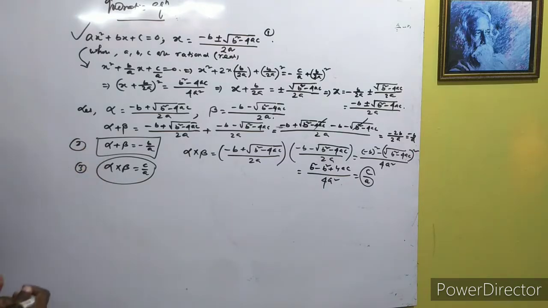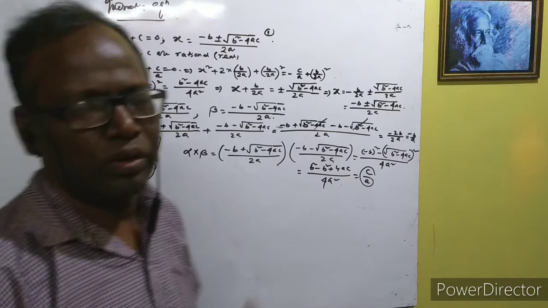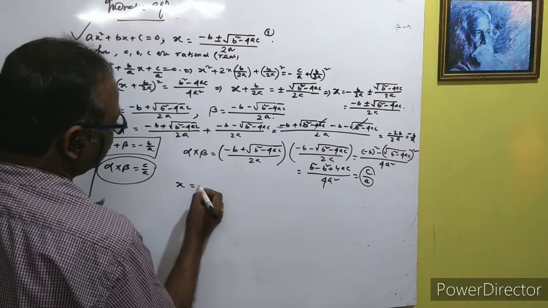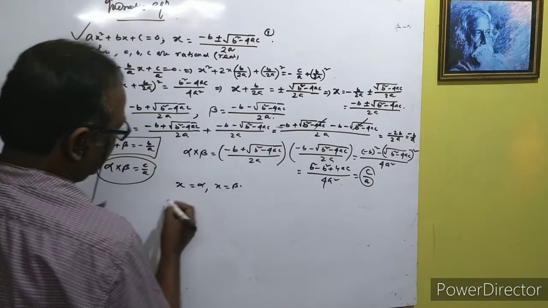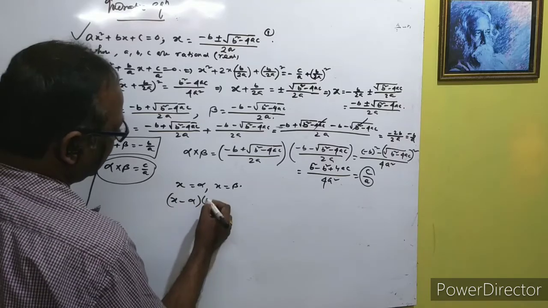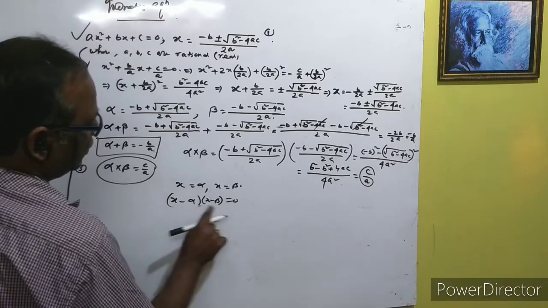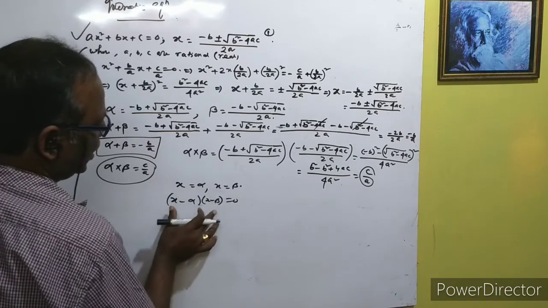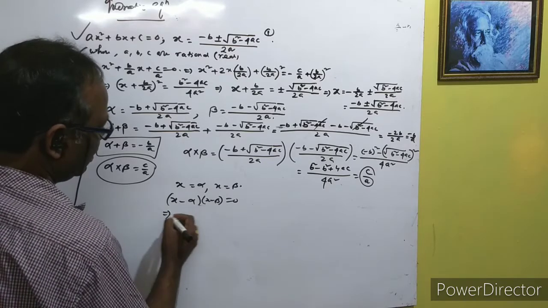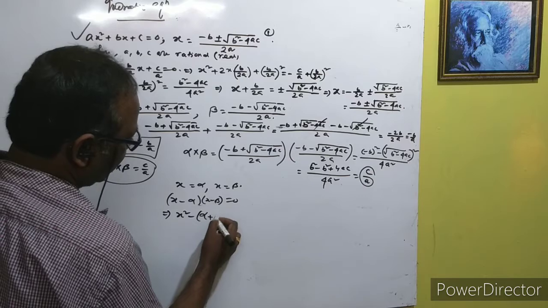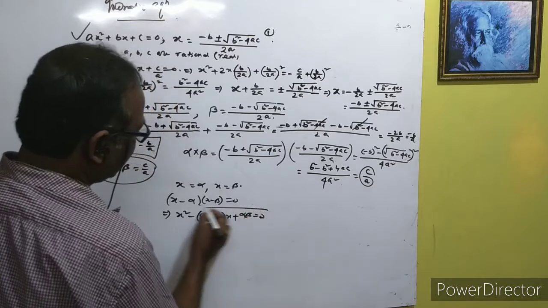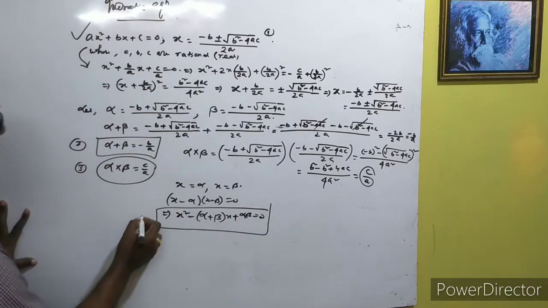Now another point: when you know the solutions are alpha and beta, then what is the quadratic equation? Okay, that is here, let x = alpha and x = beta. So it is possible like that. Okay, if the product of the factors is equal to 0, either this is equal to 0 or that is equal to 0, then we get x = alpha, x = beta. And now if we multiply this out, the equation is x² minus the sum of the roots alpha plus beta times x, plus the product of the roots. And this is a formula that needs to be learned. Okay, this is another point, this is the 4th point.